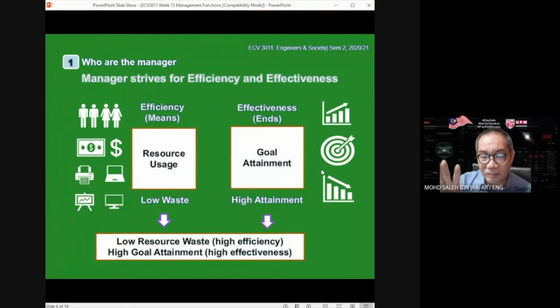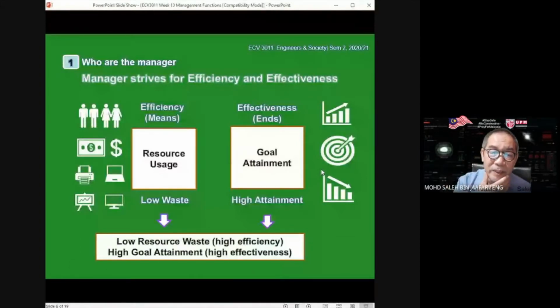Yeah, but of course, all these attainments and goals that the organization needs to set and achieve would be something that is very, very much measurable. So the manager should strive for efficiency with regard to as little waste as possible, with a maximum return, with a high attainment of the goals that they have actually set. So this is the manager's function,